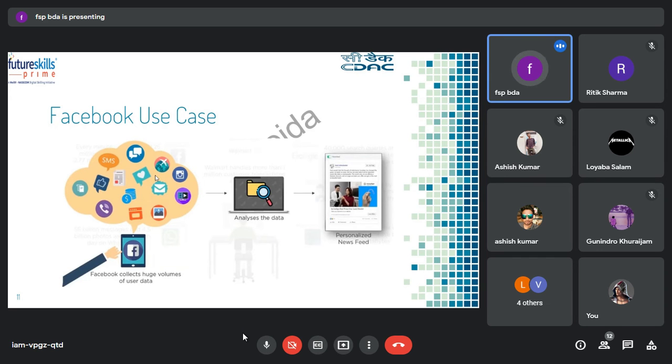Just one example, if anyone can give. One is here only: analyze data and give a personalized newsfeed. Any other example of how Facebook is utilizing our data? Personalized ads. Sorry, your voice is breaking and I cannot hear it properly. Can you write in the chat box?